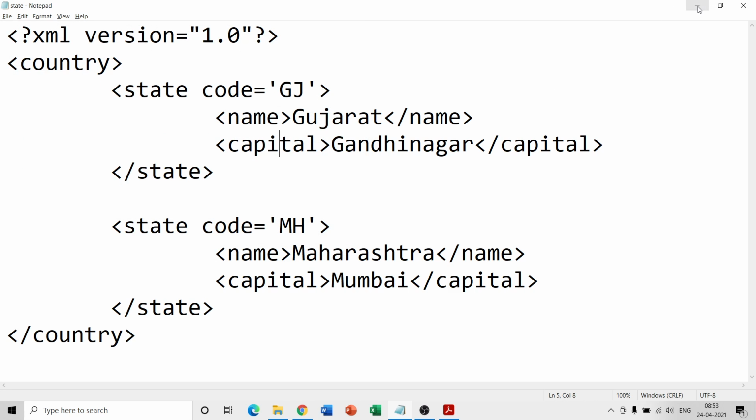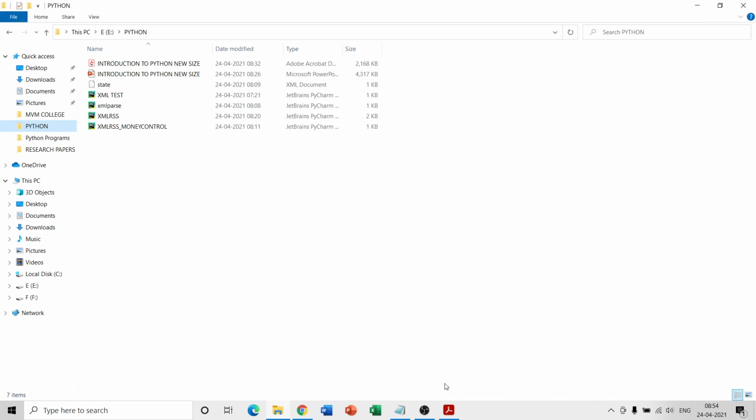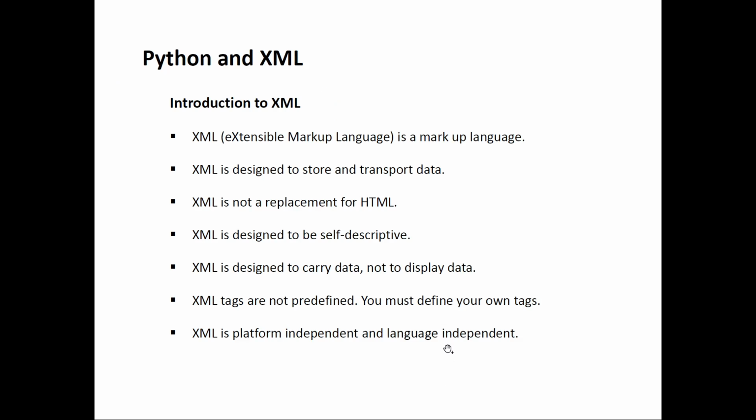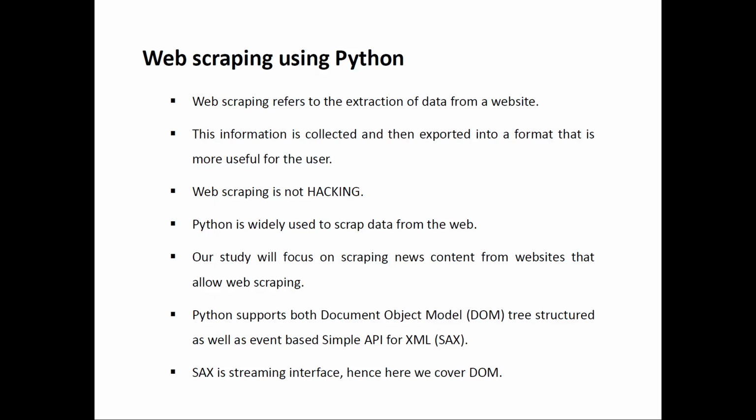So now, let us have a brief look at what web scraping is, and then we will go into the practical part. Again, if required, we will come back to the theory part. Now, what is web scraping? Yes, web scraping is something really interesting. You find a lot of data on a lot of websites.